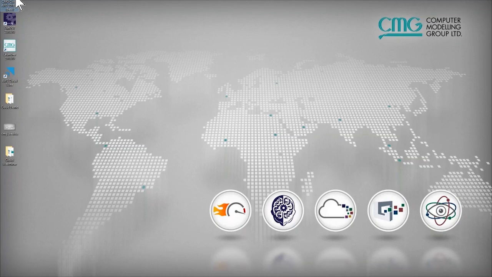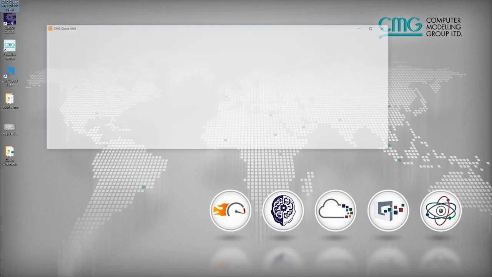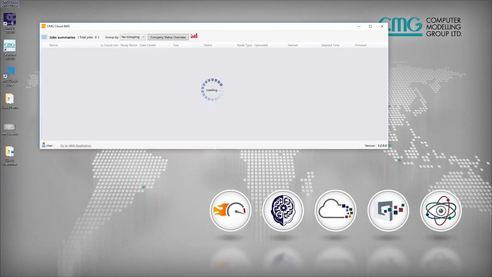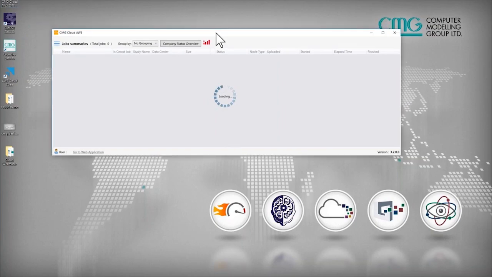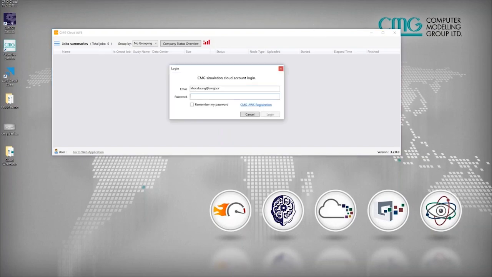When you install the 2018 software, this app will be available for you. If you double click on this app, it opens up a window. It's going to connect to an AWS application, and it will ask me to log in. Right now, I do not use the two-step authentication, and you can set that up in your account setup. If you do have that, there'll be a third window to ask you for this dynamic key. So I will log in.